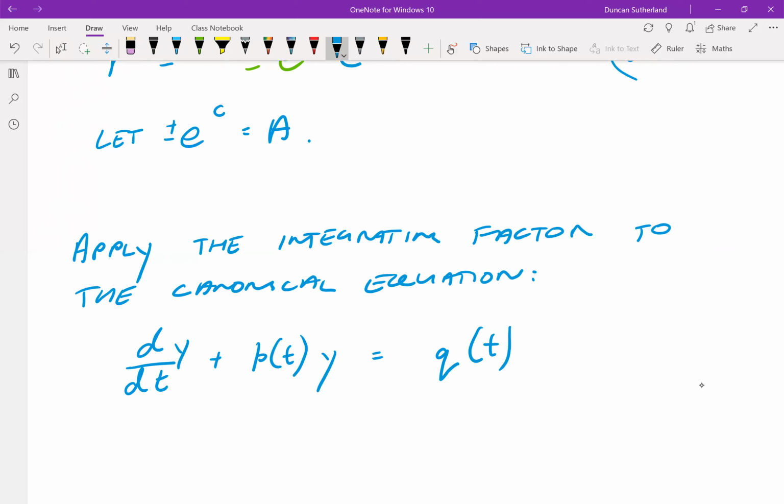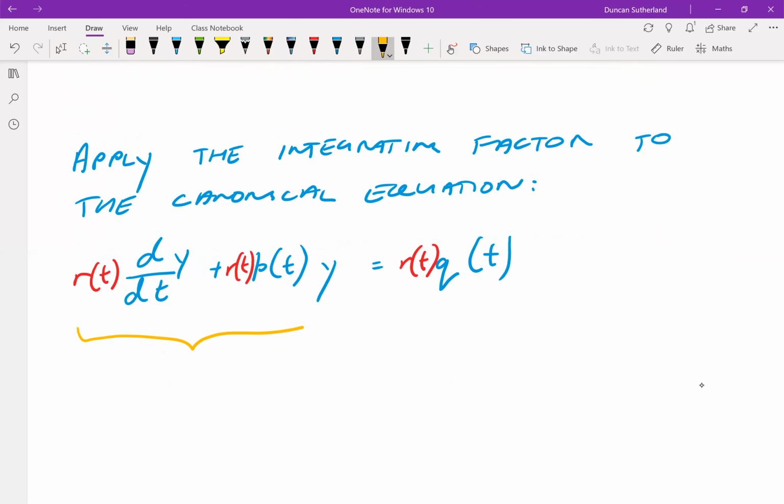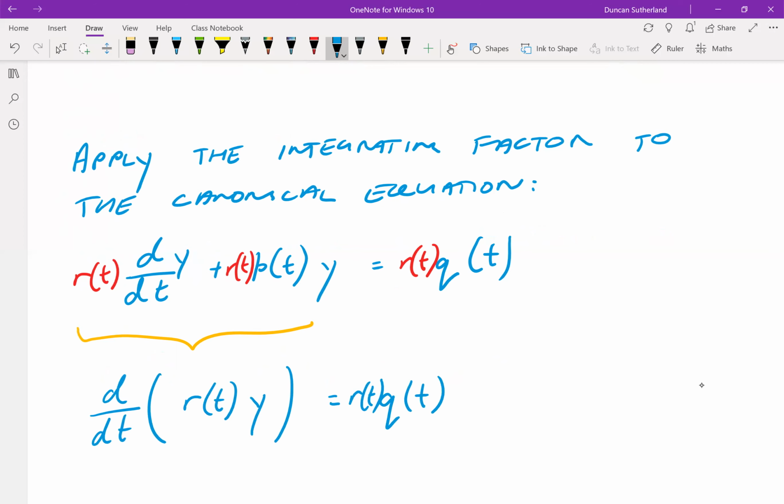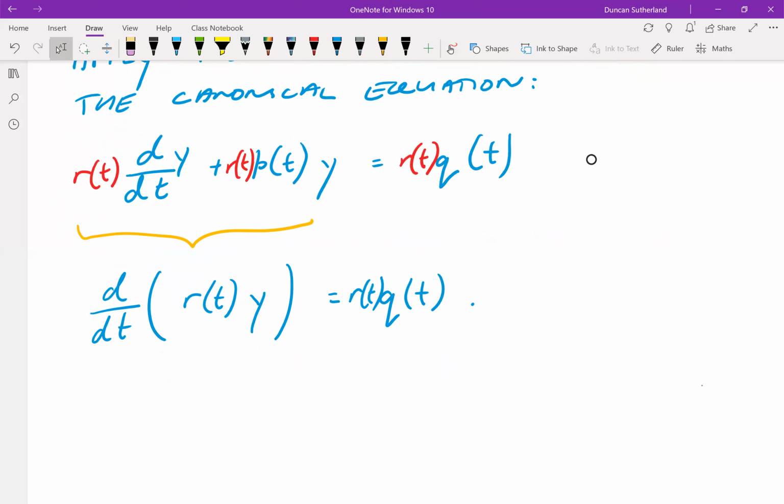So that's our canonical equation. We multiply through. We use the result that we worked so hard to get between step 0 and 1. Now, if we are to write this out explicitly,